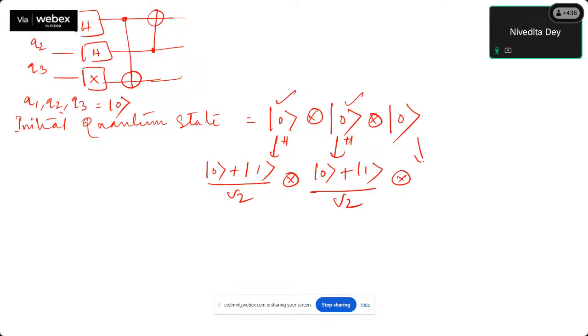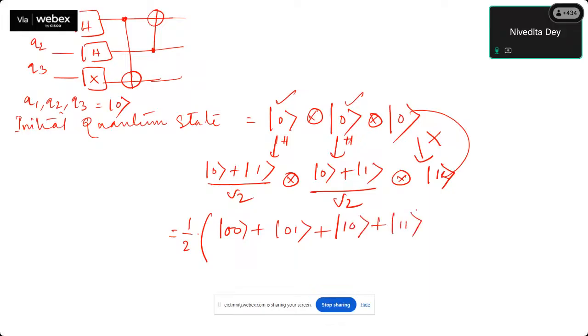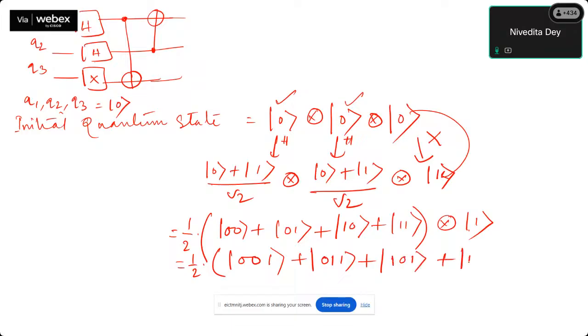And this will be what? The X. So X will make it 1. That is the operation, that is the purpose of flipping, right? So 0 will now be 1. And these are Hadamard. After this, let me just write it in a very structured form. So 1 by root 2, 1 by root 2 will be multiplied and it will be half. And this one will be 0,0 plus basically 0,1 plus 1,0 plus 1,1. And this one will be ket1. Now let me take all of them together. So it will be 0,0,1 plus 0,1,1 plus 1,0,1 plus 1,1,1. So this is my output after